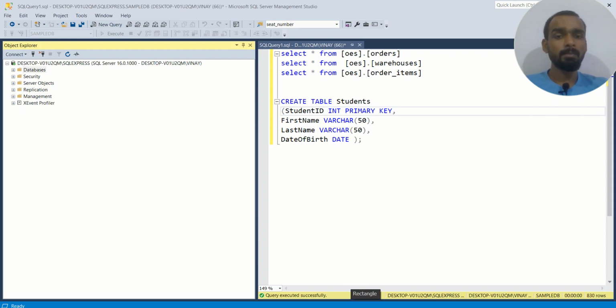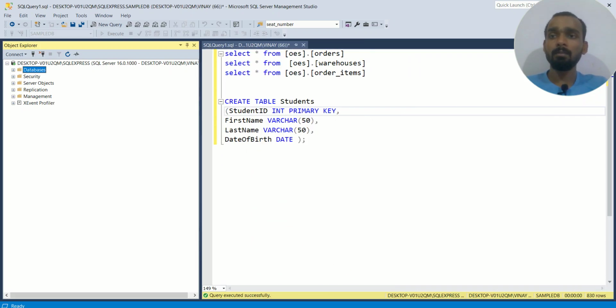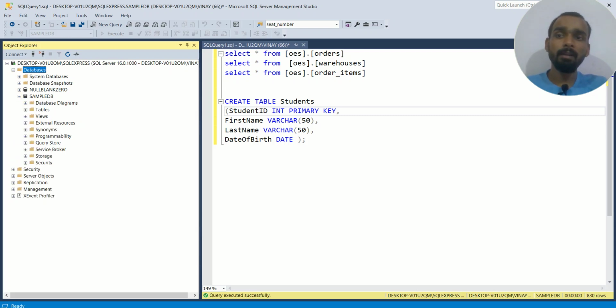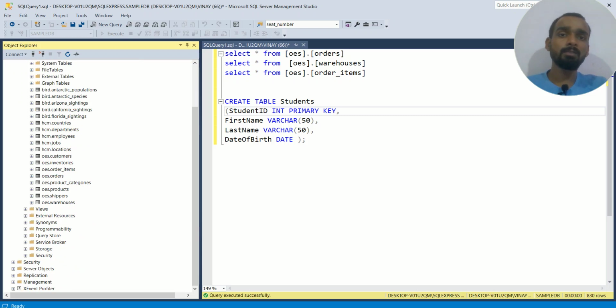Please pay attention, because we are going to do something very important. I am in my sample DB here. Let's say you are dealing with new data and a new table, and you are not aware what primary key and other constraints are available while performing changes in your table. What exactly do you have to do? First you select the database, click on it, and you will find tables. Let's say I'm using this orders table.